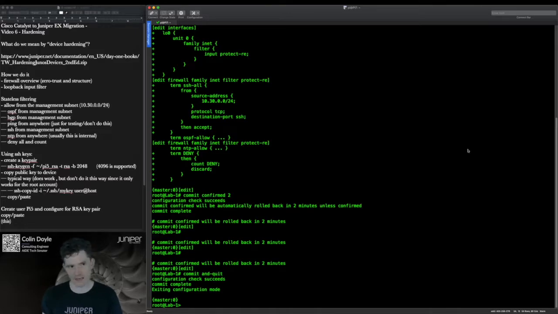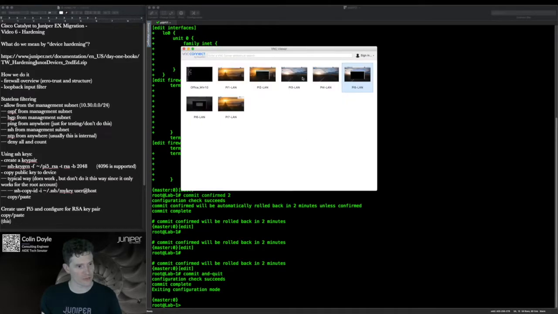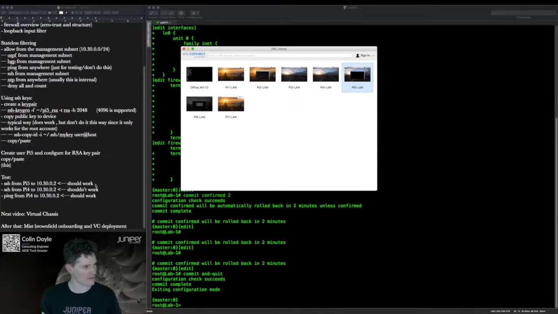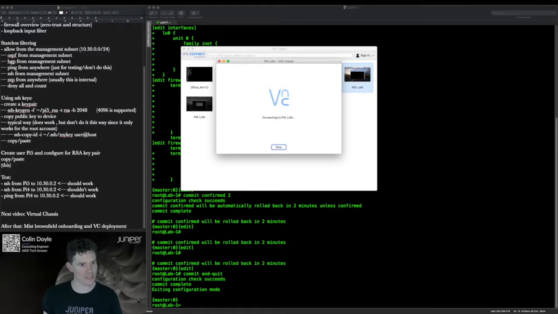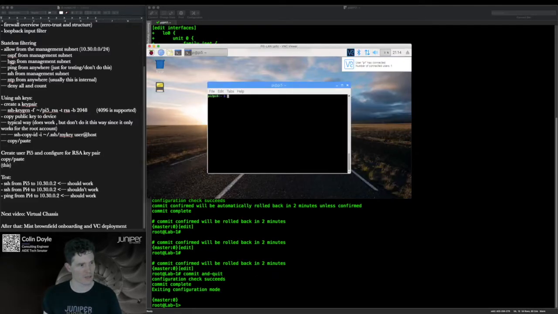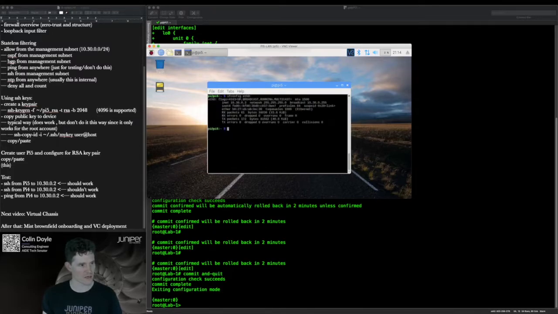Alrighty, now let's go see if it works. First, I'm going to get onto, actually I had kind of an order here. Let's get on to Pi 5. Now this is on the management interface, so this should be able to SSH to this device. There we go. So if config 0, we're on the correct subnet. We should be able to ping it because ping I left open. This should be .2. And let's do SSH root at